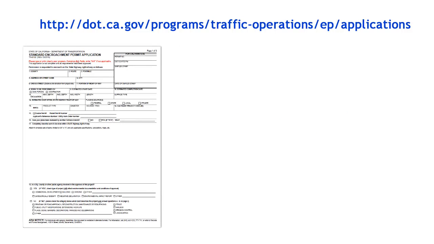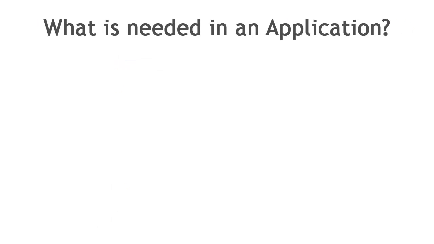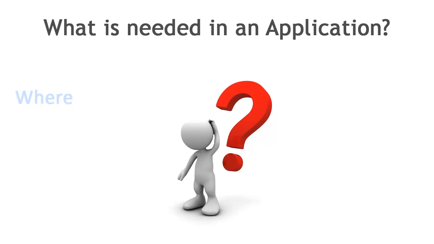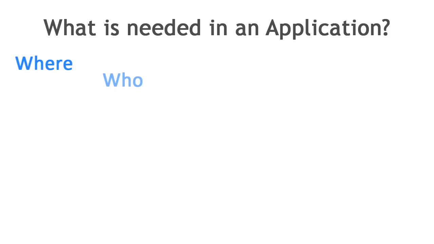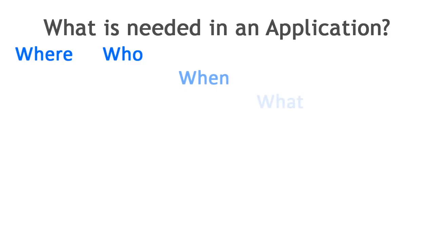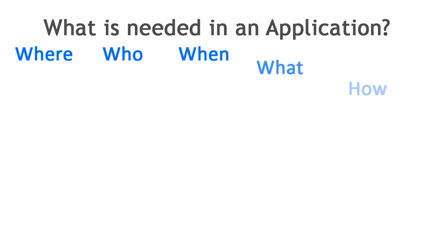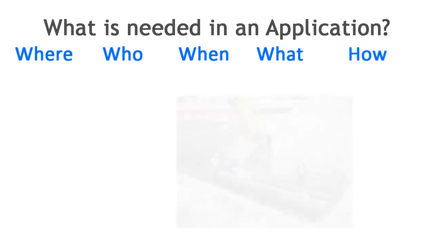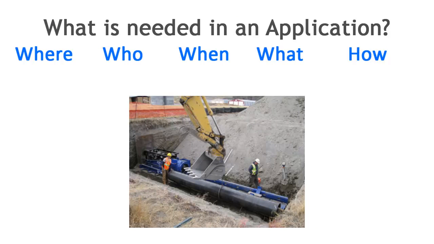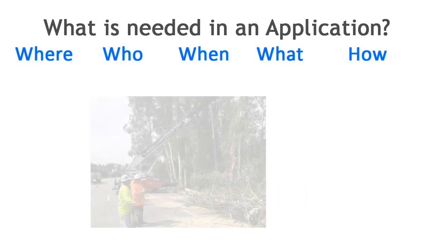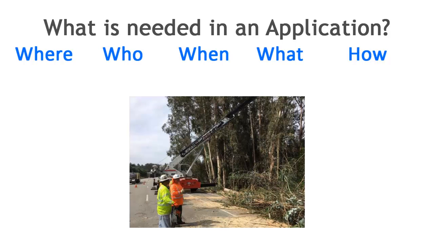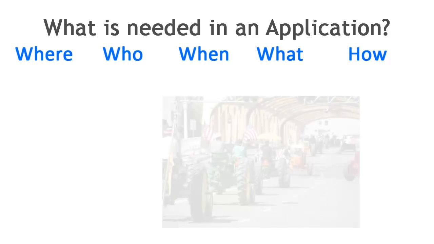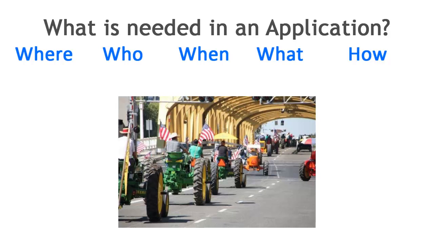The application form TR0100 can be found on this web link shown. The application form provides you the opportunity to answer questions about your project such as where, who, when, what, and how. Your detailed answers to the approximately 30 application questions help us understand your project details, the highway impacts, and your project contacts. It is extremely important that you complete all questions with as much detail as possible or mark N/A if not applicable. The more details you provide, the faster you will receive your permit.